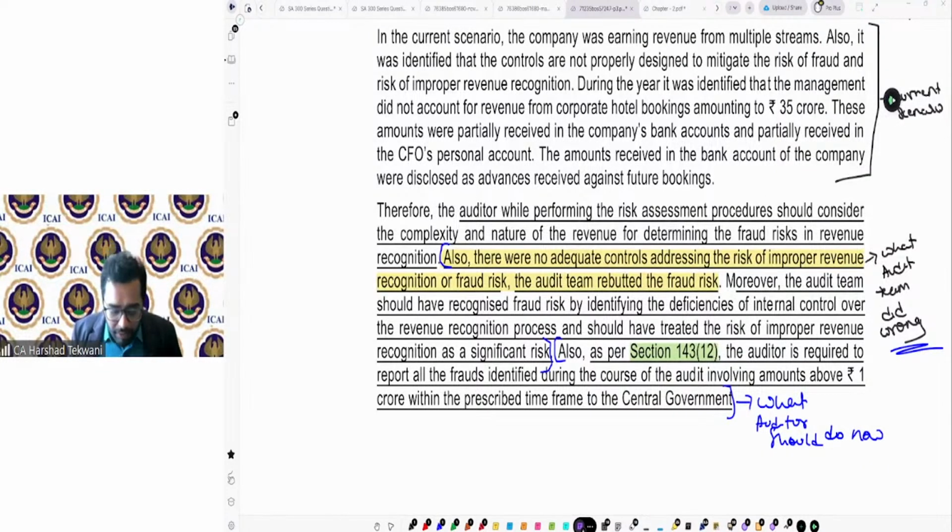Today, we have covered a lot of practical questions on SA 315, SA 330, understanding the entity, its environment, including internal controls. Then we covered some on SA 240. We saw one of the examples with respect to inventory. I tried to cover as many practical questions as possible, but there are more questions available. You can refer to more RTPs, more MTPs, suggested answers of past papers. You also have MCQ booklets to cover.